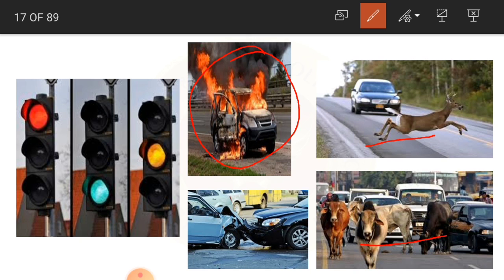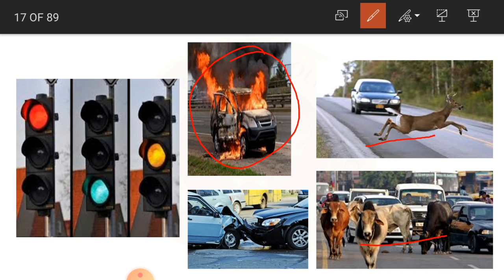You have to apply a sudden brake, forcing the vehicle to stop. If you do not brake, then we are going to hit the animal, and it may damage even our vehicle and also ourselves. So that way also it is going to cause a problem.